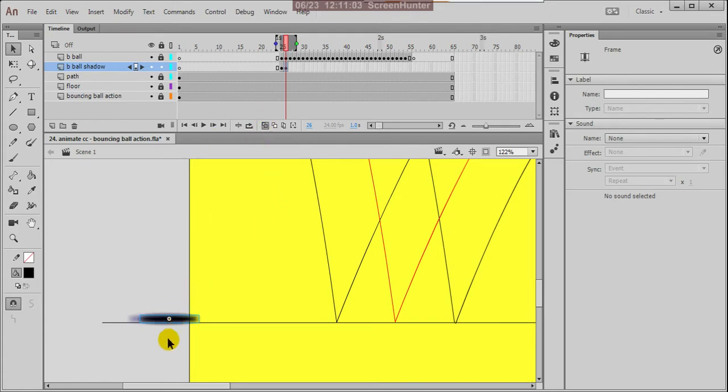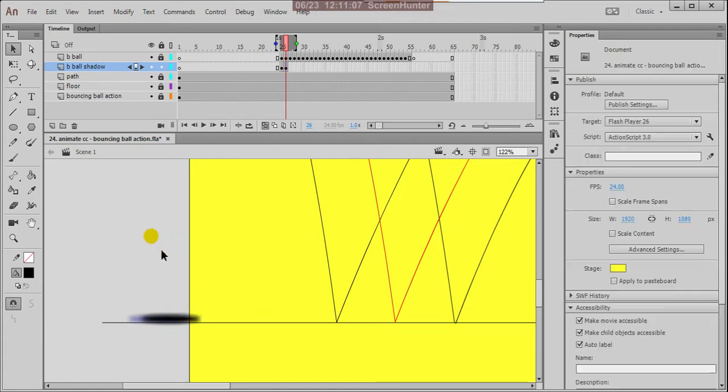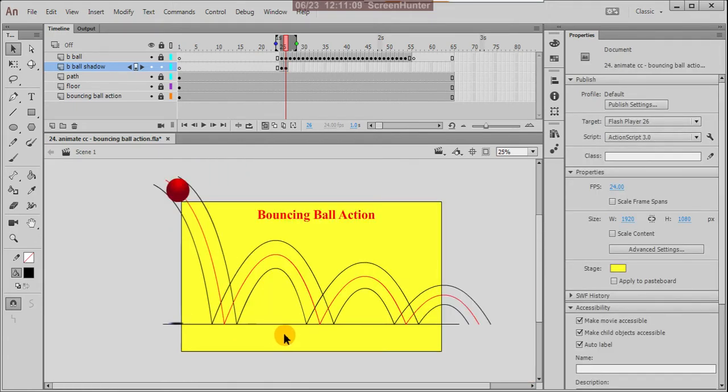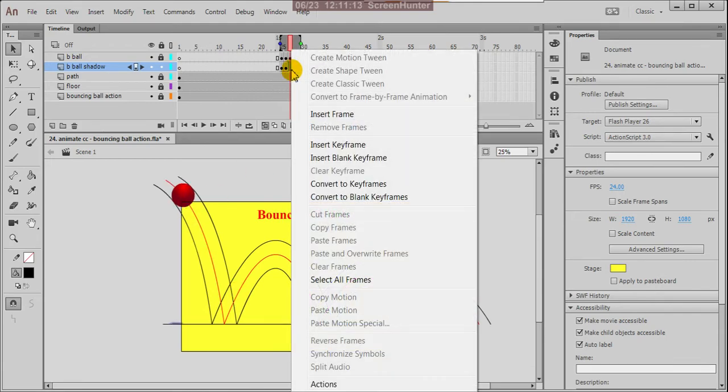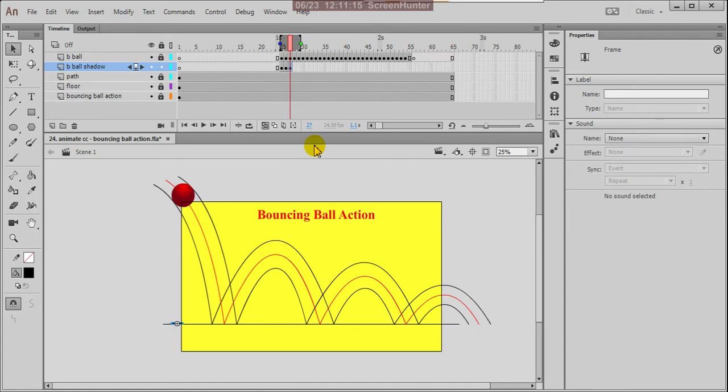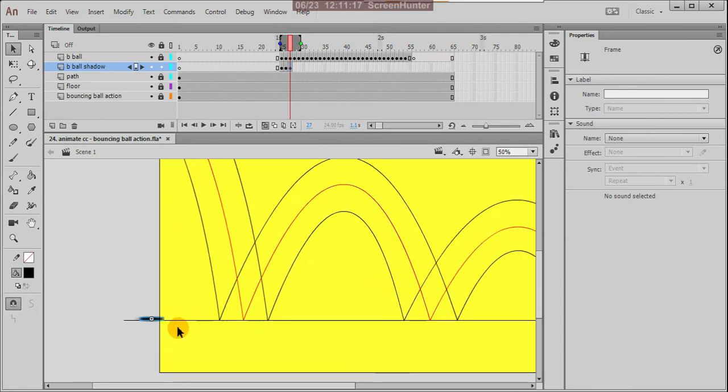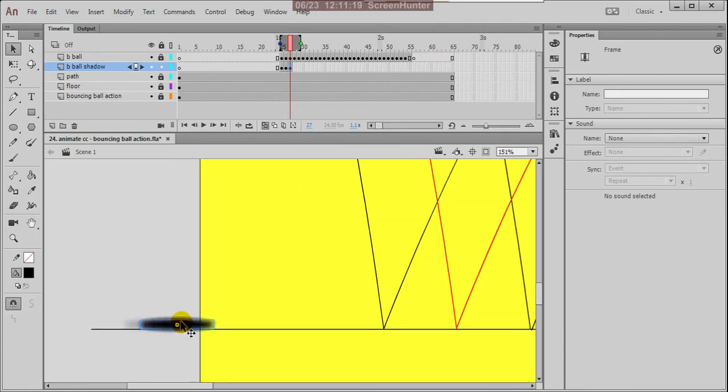Then you will understand from first to second how much gap you are leaving. This is okay. And next here again insert keyframe. Okay, so then again press right arrow on keyboard.